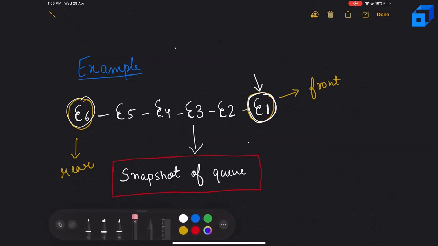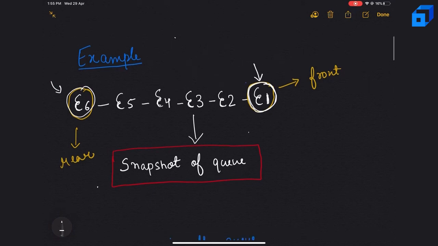And if I want to insert some element, it should be inserted here. So this is the snapshot of a queue at some particular time. What we have seen here is the queue as an abstract data structure: a list or collection with the restriction that insertion can be performed at one end, that is the rear of the queue, and deletion can be performed at the other end, that is the front of the queue.